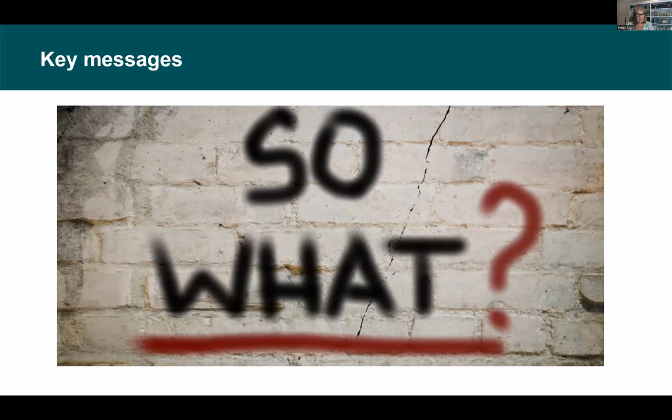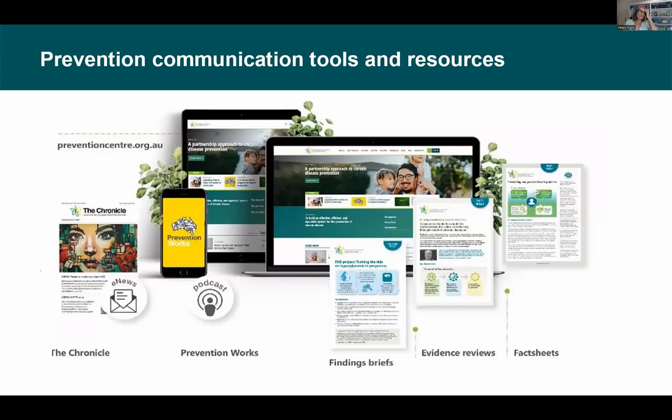What's the care factor? And the final thing I wanted to say is, there's a plethora of different ways you can get communications out there. The ways that we do it at the Prevention Centre, we have 2 regular newsletters, the Chronicle and the Prevention Post. The Chronicle is a public-facing newsletter that goes out monthly, and Prevention Post is weekly, that collates events and opportunities and news all about prevention.